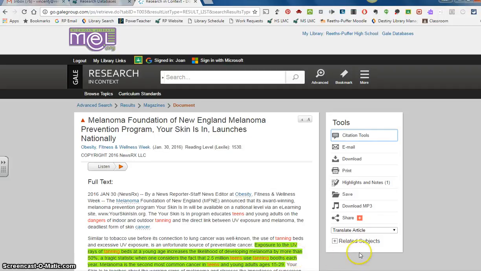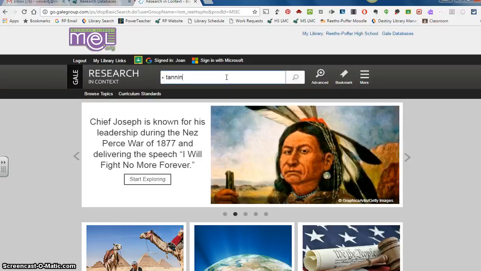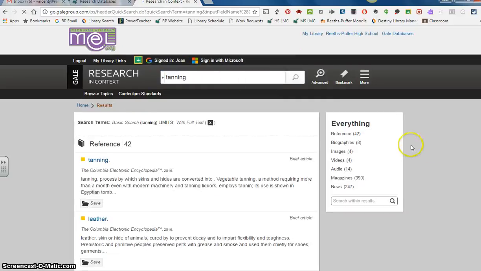Okay, one other thing that I really want to make sure and emphasize to you or explain to you is why we're going into advanced search. I'm going to quick, just in this basic search box, type the word tanning. And what I want you to notice is the difference between the number of articles, information that we received from advanced search versus doing